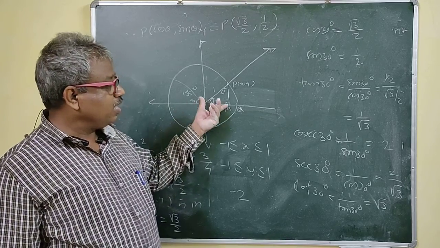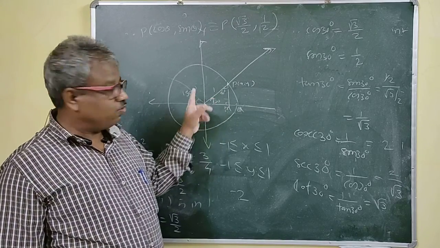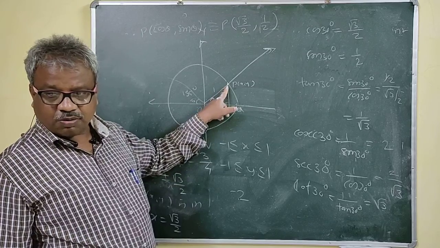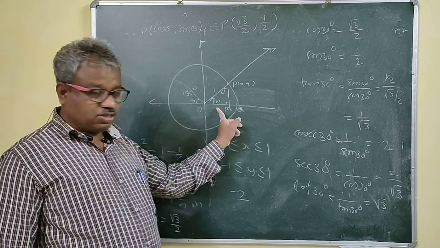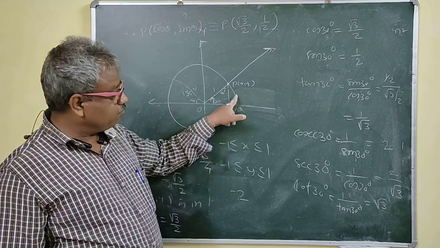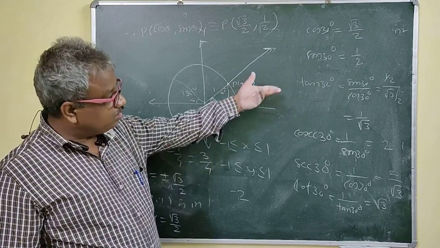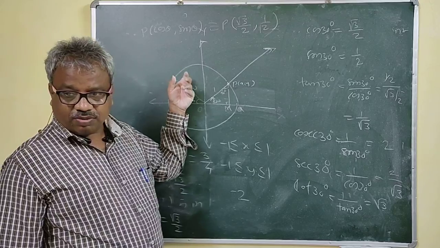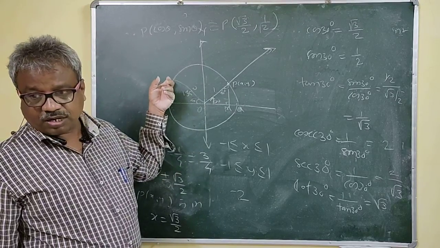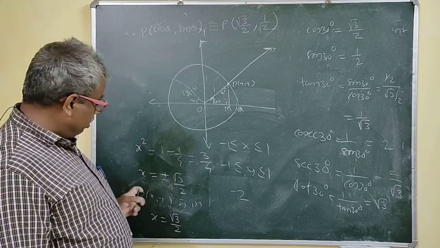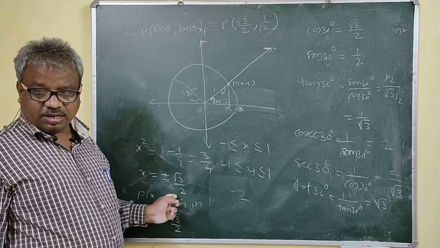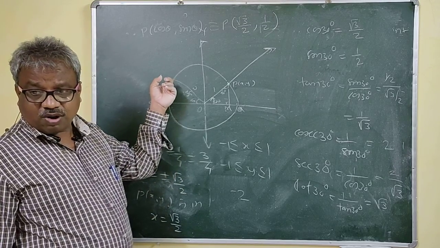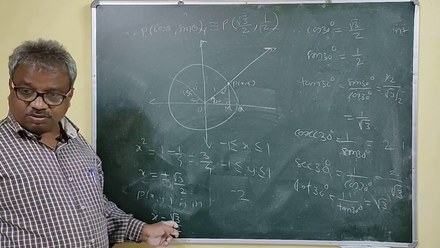And try to find the trigonometric ratios of angle 60 degrees now. If you have 60 degrees here, the other angle will be 30 degrees. Then the opposite side will be root 3 by 2, and this changes now. So you can find 120 degrees now. For 120 degrees you have to take care of x: plus or minus. It is in the second quadrant, therefore x is negative now.